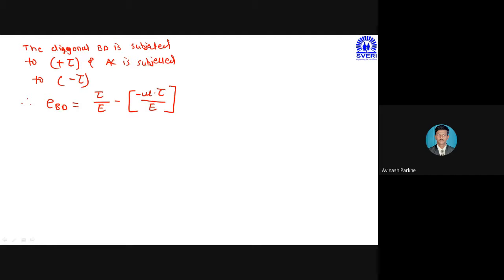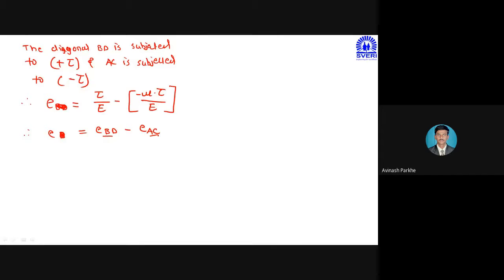So what does it represent? As per the formula, here I will write e, the total strain. This is not E. It is the total strain induced in the block. If I have to calculate that, the total strain is equal to the strain induced along diagonal BD minus the strain induced along diagonal AC. If I have to calculate the total strain induced in this particular bar ABCD, the total strain is indicated by small e, therefore total strain is equal to e of BD minus e of AC.